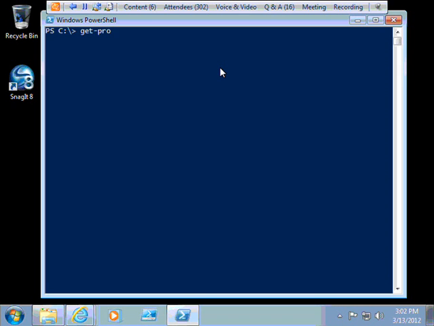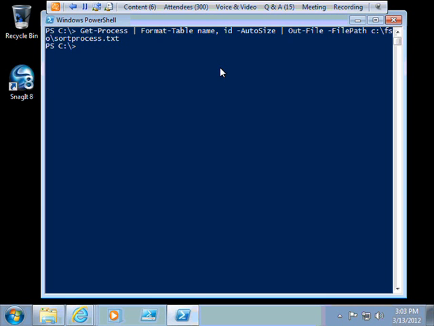And I'm going to write this out sorted in a table, so I'm going to say format table, and I want the name and the ID. I'm going to automatically size it, and then I'm going to write this to a file, so I'm going to say out file,